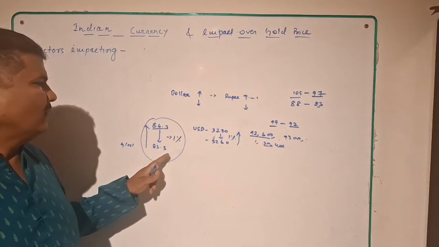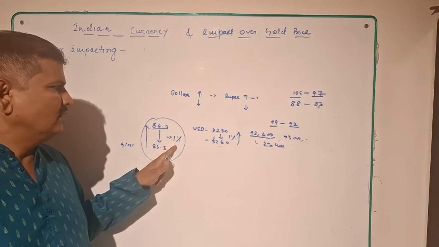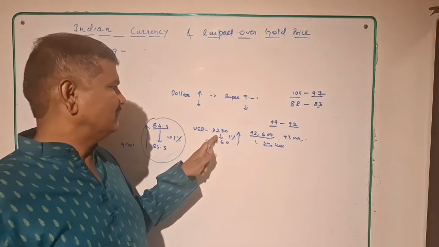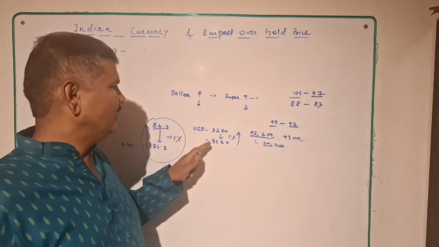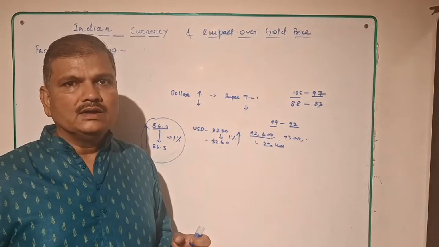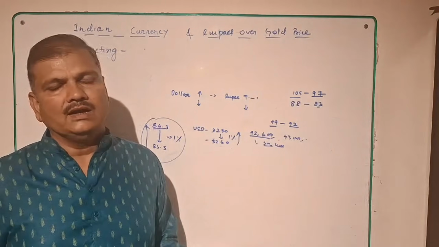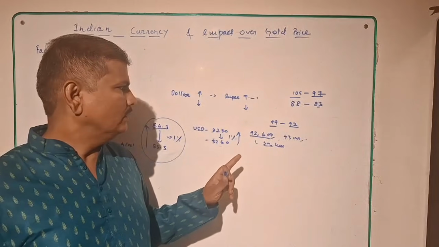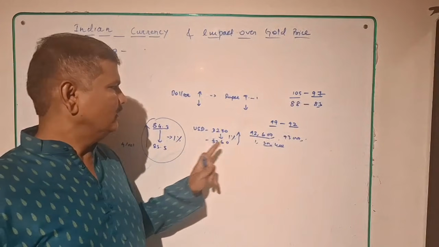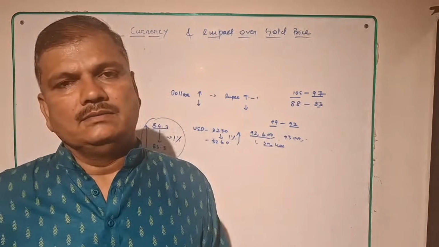Okay, so whenever there is a larger fluctuation in Indian currency and at the same time a fluctuation in the gold price with respect to USD, then we have to consider this fluctuation and calculate the relative impact. Only then can we fix a target in gold price with respect to Indian currency. So this is how it happened on Friday. You can see the chart if you want.